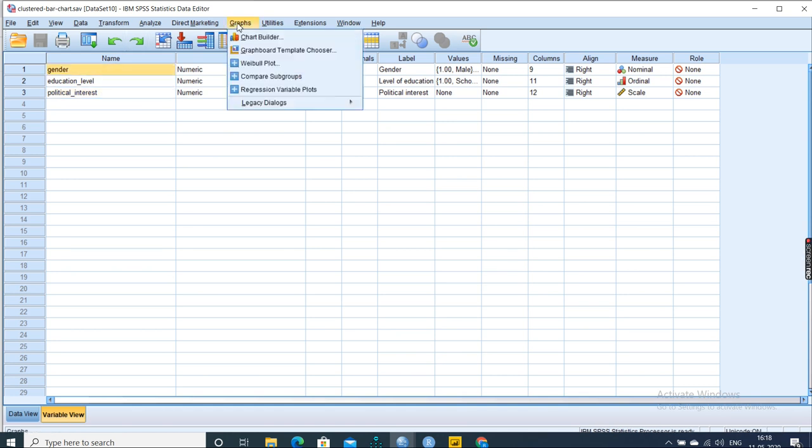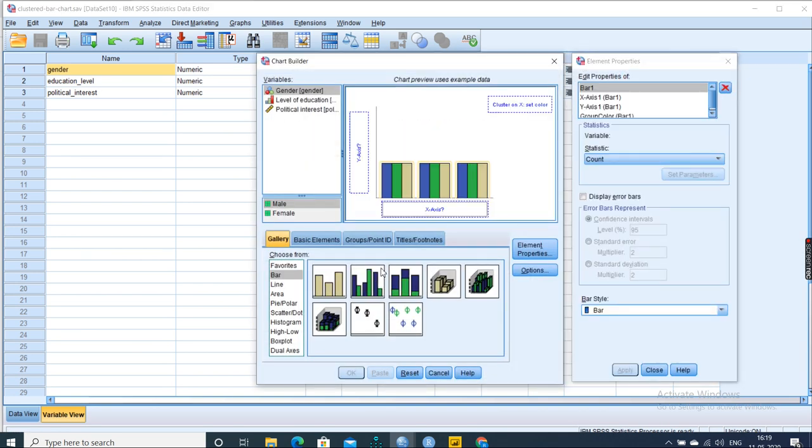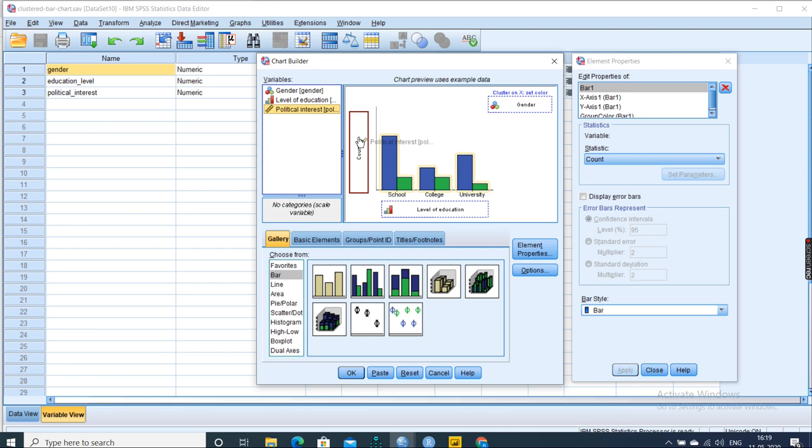Now we can go to the graph chart builder. We can choose clustered bar since we have X, Y, Z. We can take gender as Z, level of education as the X axis, and political interest as the Y axis, as we want to measure that.